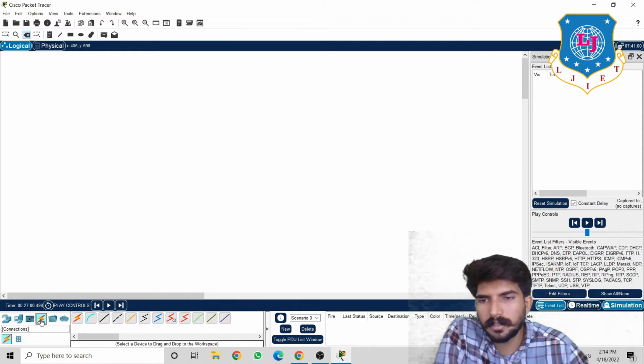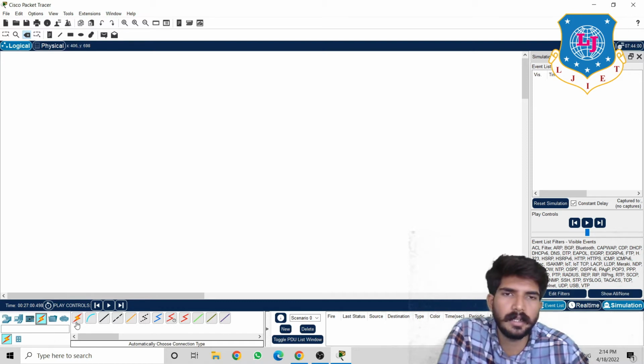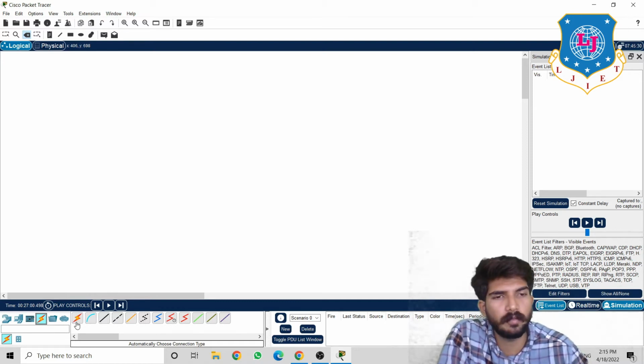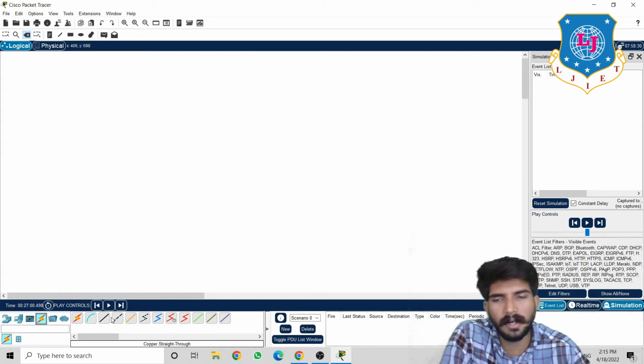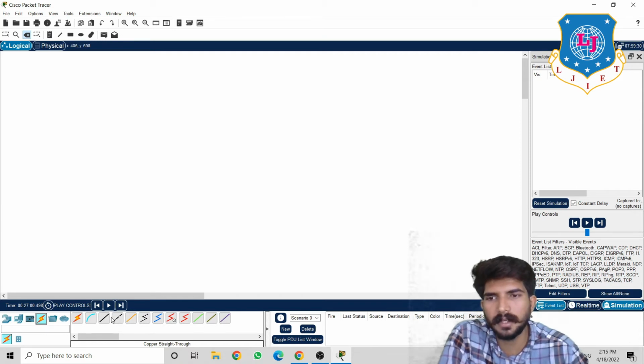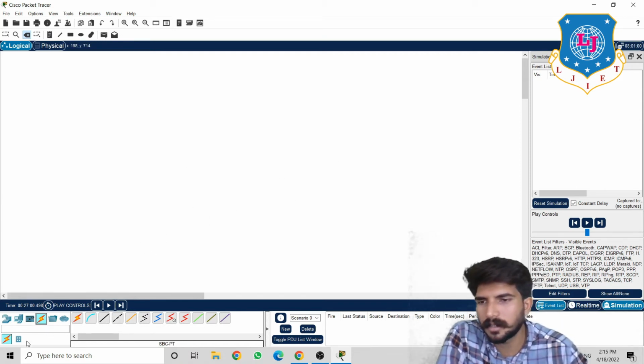Then there is cable, and there are different kinds of cable. The first one is automatically choose a connection type. If I want to connect two PCs, then I will obviously use the RJ45 Ethernet cable. Then there is console cable, copper straight-through cable, copper crossover cable. Then there is fiber cable, phone cable, coaxial cable, serial DCE, serial DTE, octal cable. There are different kinds of cable, and all these cables have different bandwidth. So depending on our bandwidth or our real-life example, we can connect different cables. Okay,